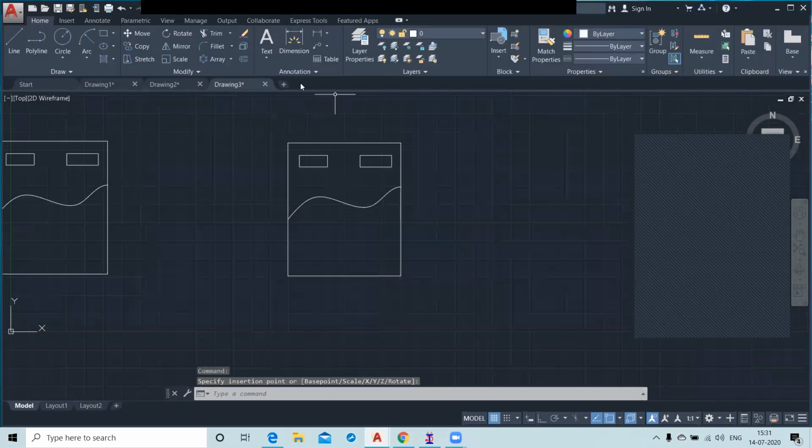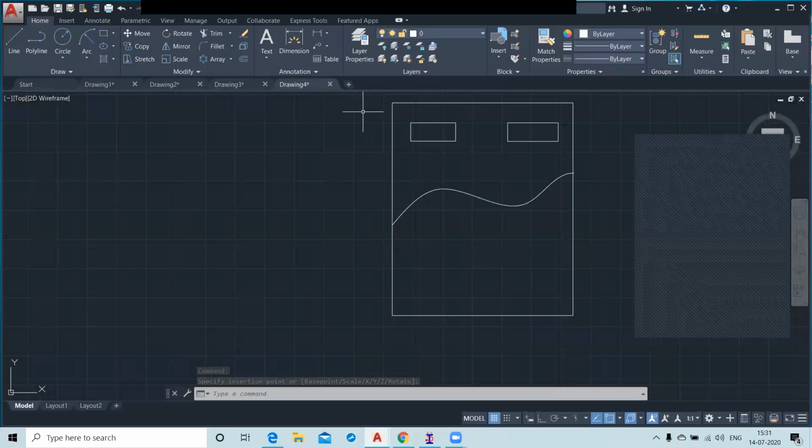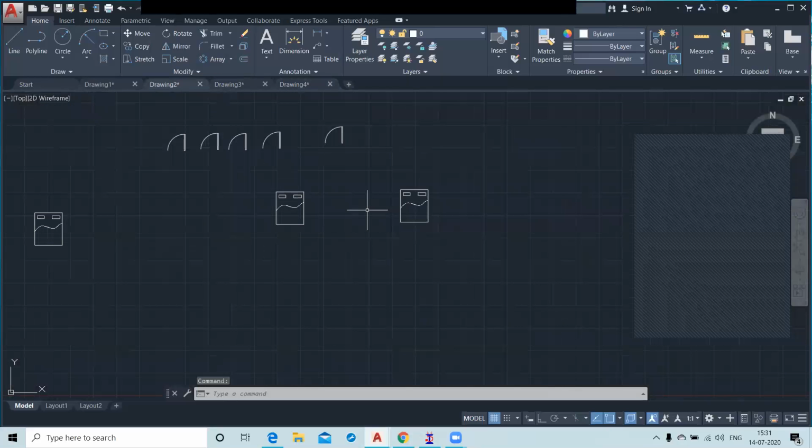You can insert it in any drawing. Now this is your drawing 4, and you can use it in drawing 4 also, like this.